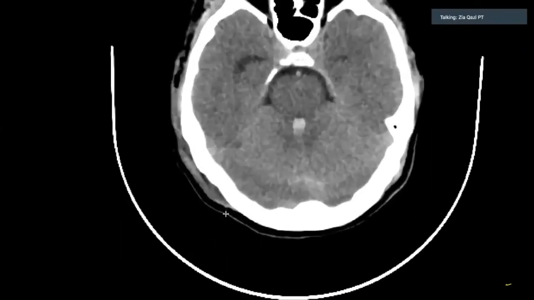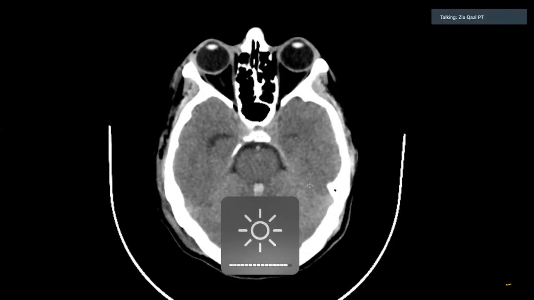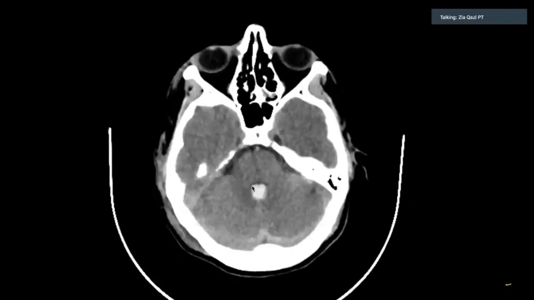As we go higher, you can still see a bright, patchy layer here. It's kind of a thin blurred out patchy white area compared to the other brain tissues. You can see the midbrain forming. You can also see from the previous structure there is a thick white dot here. Now that area is supposed to be black because that is essentially the fourth ventricle joining to the third ventricle between the cerebellum and the midbrain.